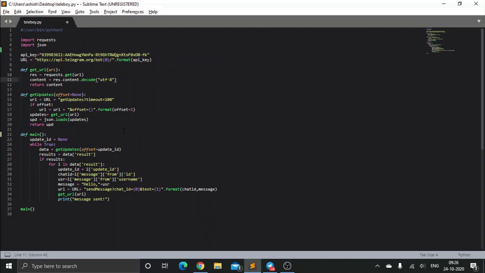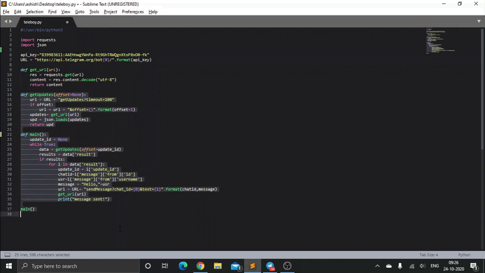The second thing is I've built this get_url function. What this function pretty much does is it processes a request to this URL and gets back a result. As you can see, I have got that result in UTF-8 decoded format, like in JSON format, and I'm returning this to any function which calls this function.